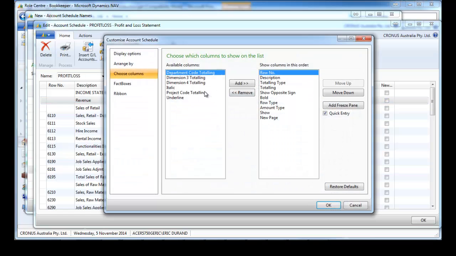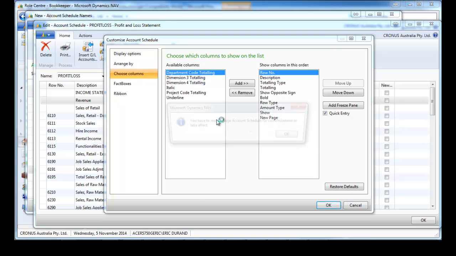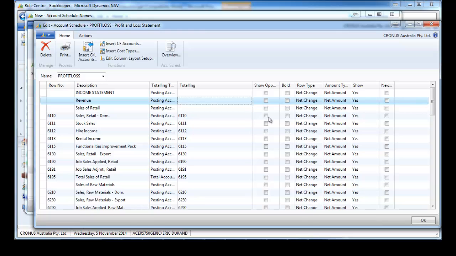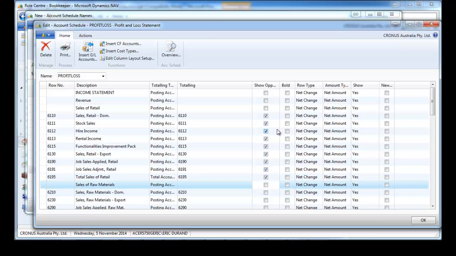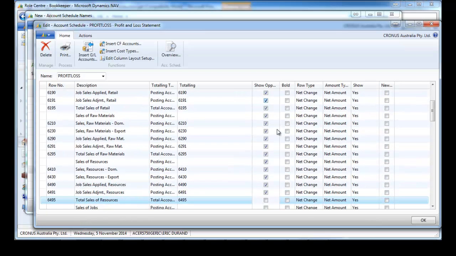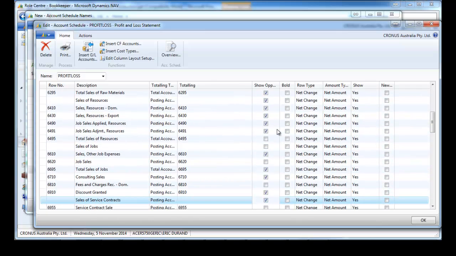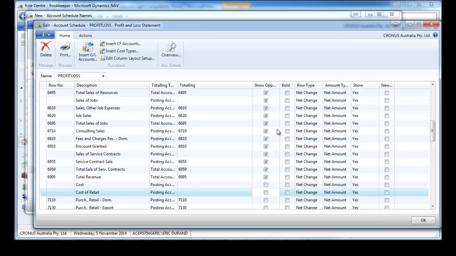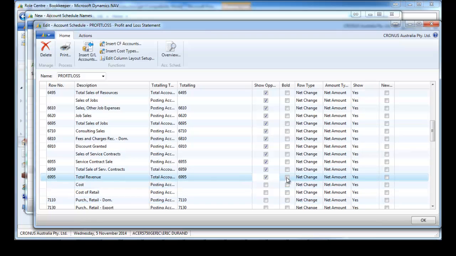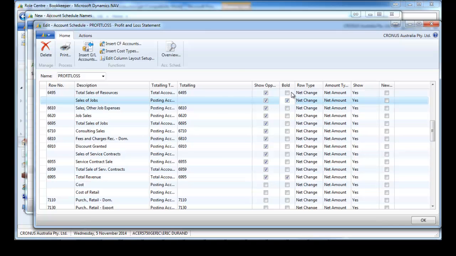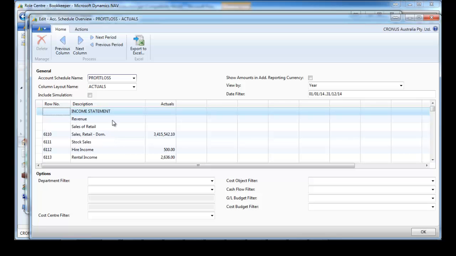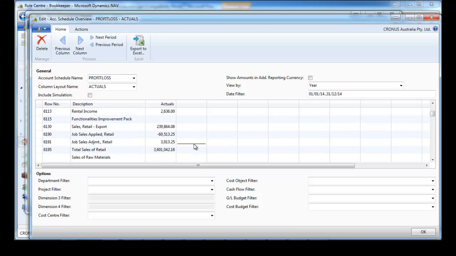However, with account schedules, let's have a look also. We can also fiddle that a bit. You may have to show some columns. So I'm interested in this one, show opposite sign, because so far the revenues appear as minus because they are credit, and in NAV debit is positive and credit is negative. But really a revenue should display as a positive number, so I'm going to reverse and show that as an opposite sign. I'll put in bold also a couple of headings, a couple of total accounts. Right, and now my